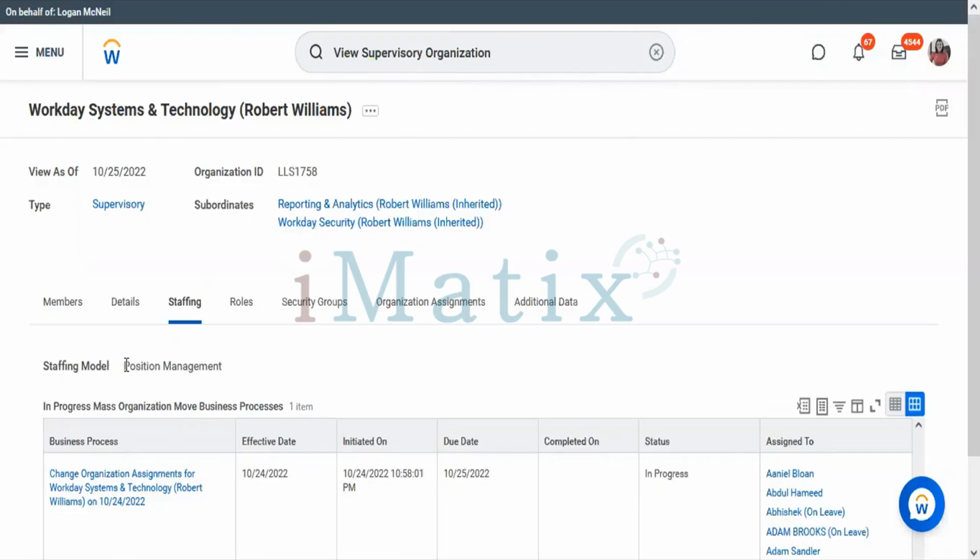When you create your supervisory organization with the position management staffing model, a position needs to be created before you hire an employee. Without a position, you cannot hire an employee when you create your staffing model as position management.